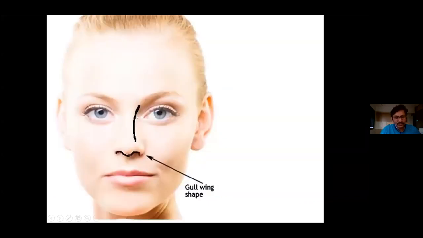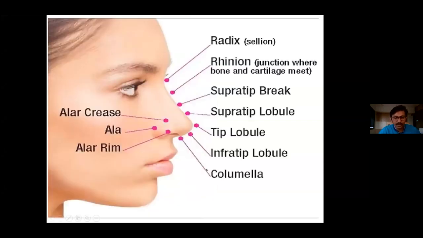The dorsal aesthetic lines should run brow to tip. Generally, they are straight in males, but in females, they can be curved a little bit with a very subtle curve, and the shape of the columella should be a gull wing shape. Gull is a bird in flight, kind of a shape of the columella on the front view. We must also get our definitions correct.